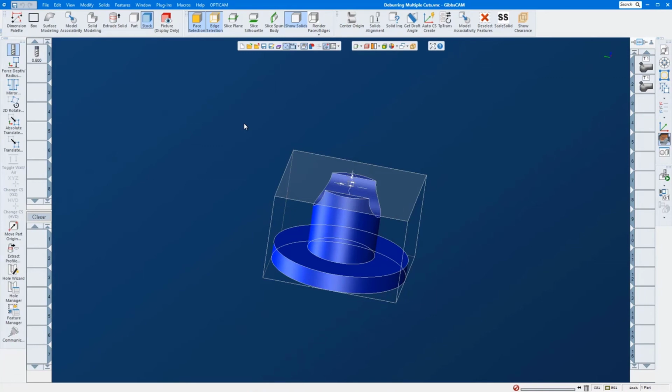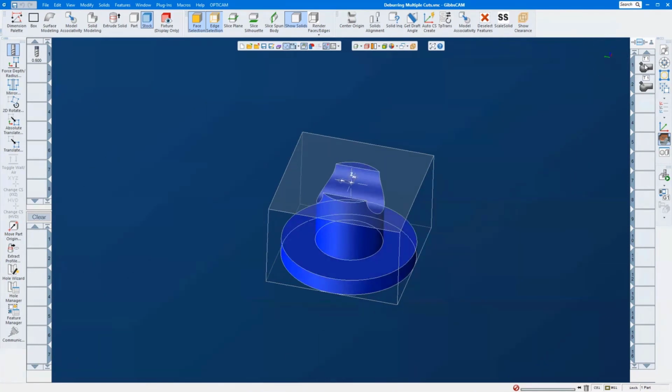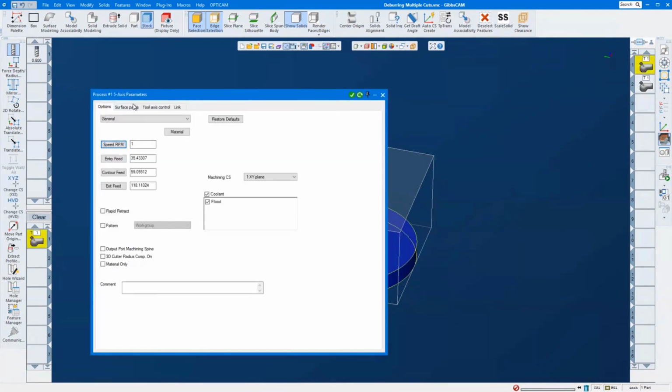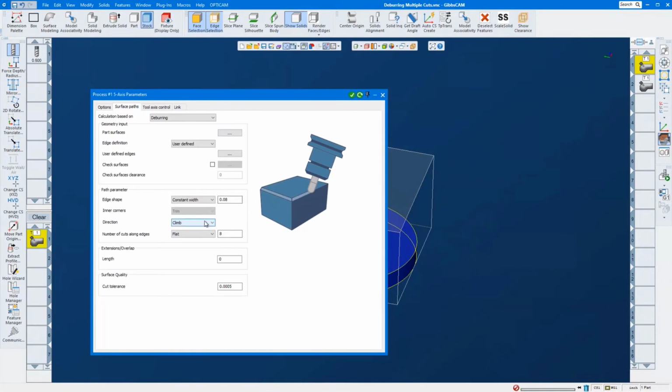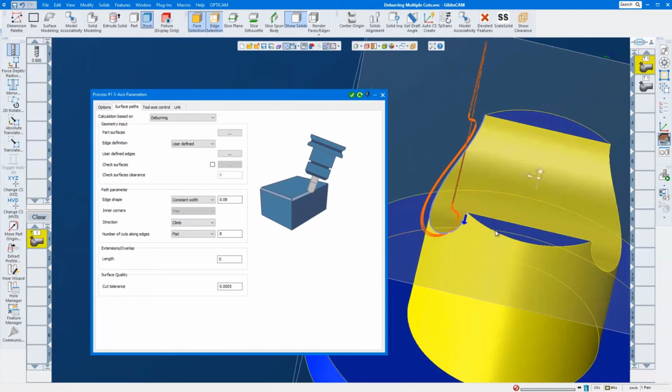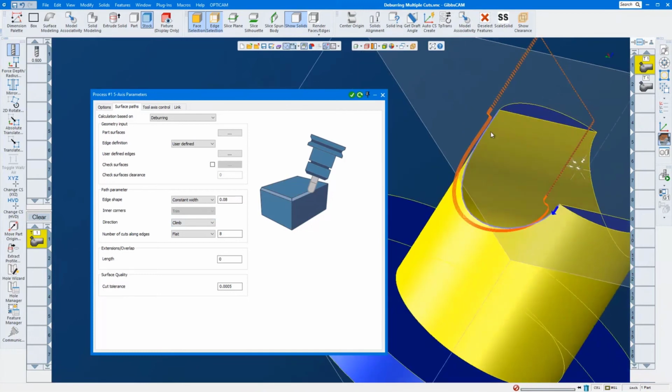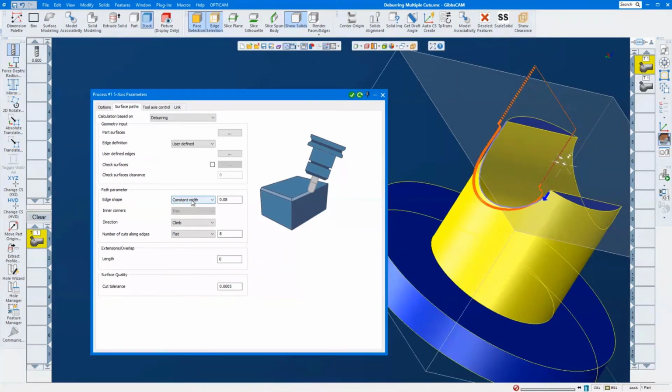The deburring toolpath has some expanded functionality this year, and so it still works on the same principle. You have to select the faces that make up the edge that you want to deburr, and it has to be an edge. But now you can, with constant width, which is what you're going to want to use for this feature,